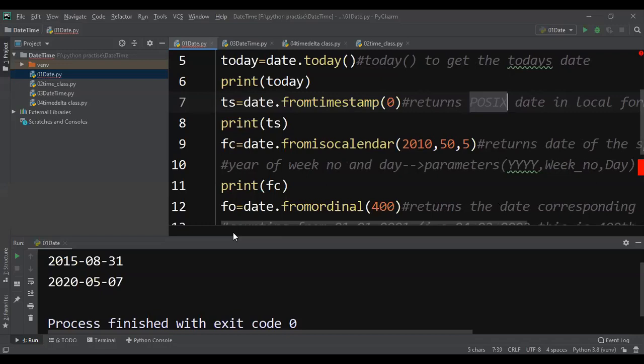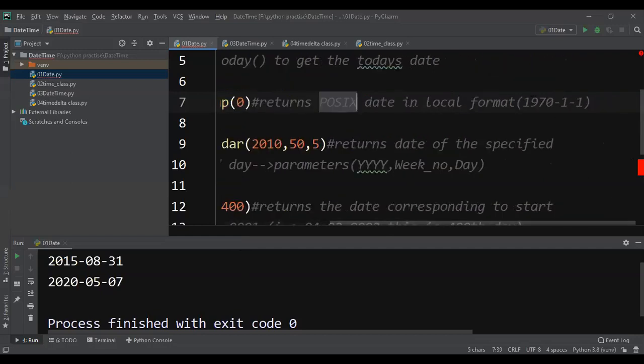For example, once some service is there, I want to get since how many days that service has been running. In a Unix system, all the dates are with respect to POSIX. This is the reference date for all Unix based systems.